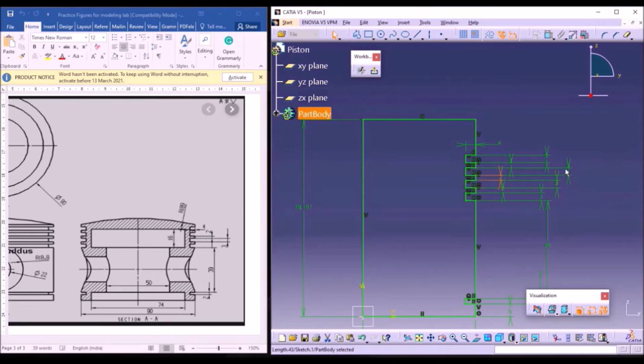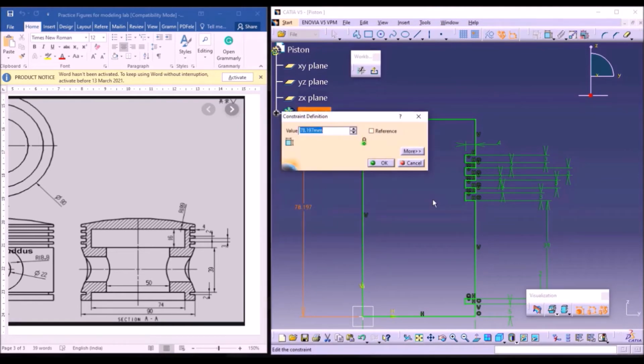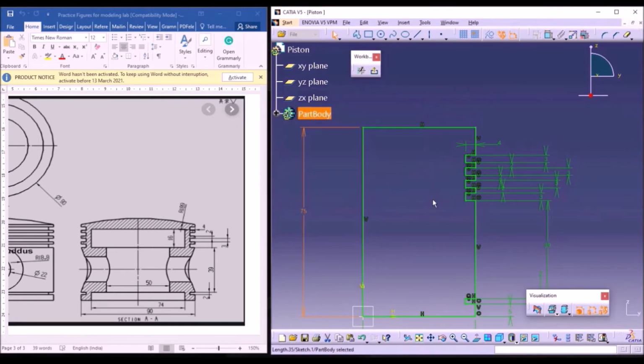Okay, so like this we need to specify the distances. And this horizontal distance has 4, so completely we are given the length as 4. As it coincides with all these lines, only a single length is given. Now we can change its height. So approximately I am taking this height as 75, enter.